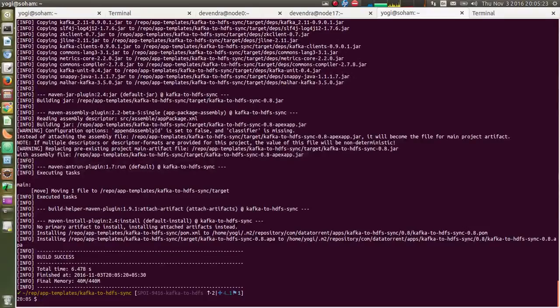As you can see, it says that the build is successful and it has generated the application package with an extension .apa. It is present inside the target directory of our application, and since we have given the maven install command, the generated artifact is also copied over to the .m2 directory of your maven.